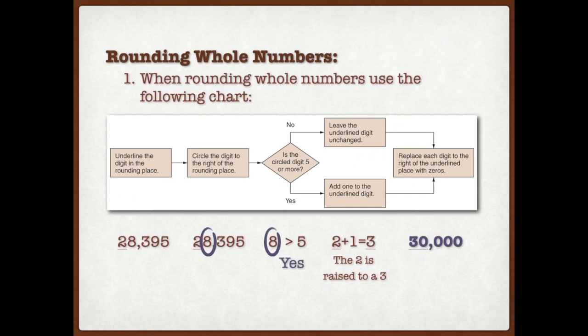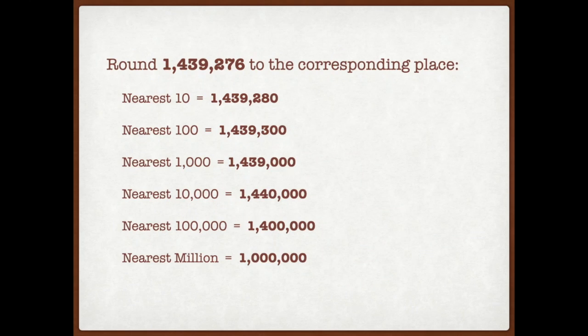Okay, so if I'm going to round up the 10,000ths place, I'm going to underline the 2. I'm going to circle and focus on that thousands place. Is it greater than 5? 8 is greater than 5. I'm going to round it up, and I'm going to make it 30,000. Okay, I'm going to have you go ahead and try these. So let's go ahead and take a look. This number, we're going to do this number to all of them, to the nearest 10 place. So the focus here is the number on top,